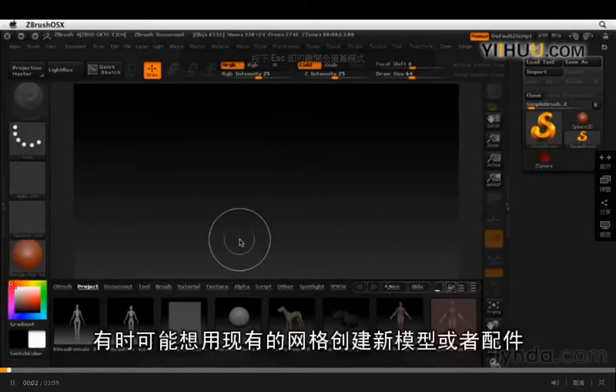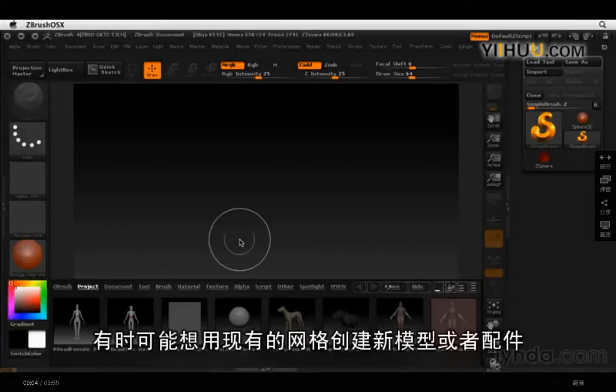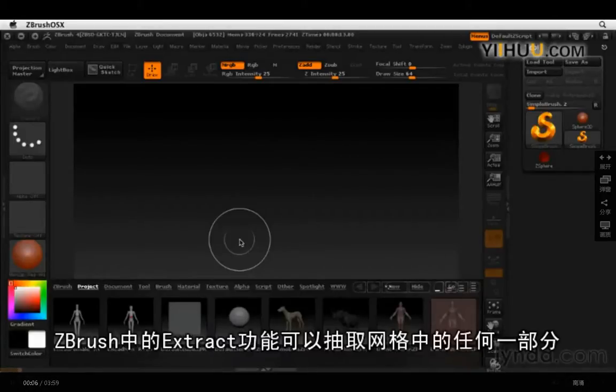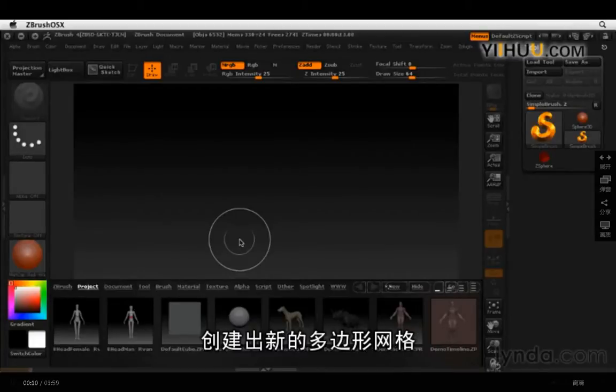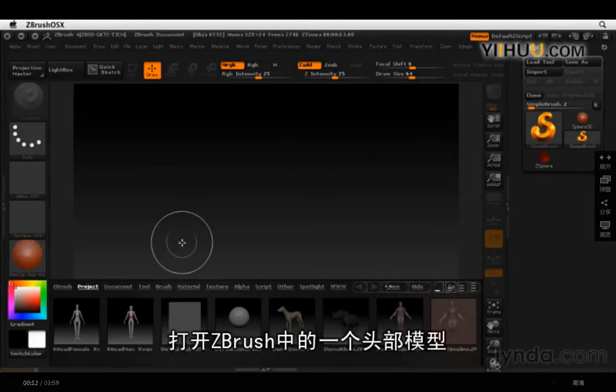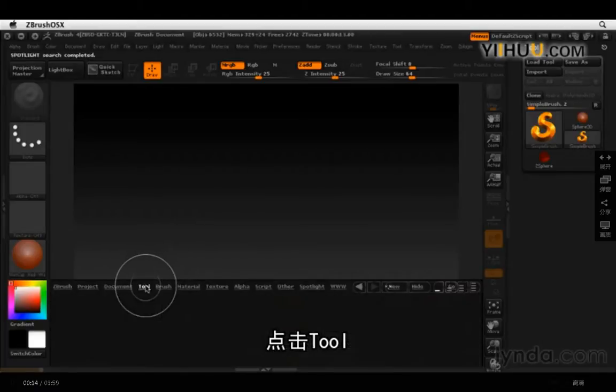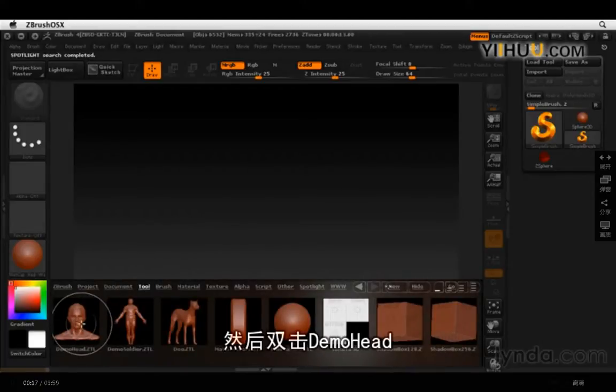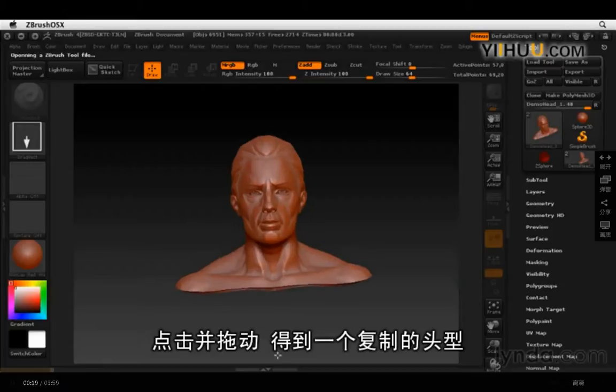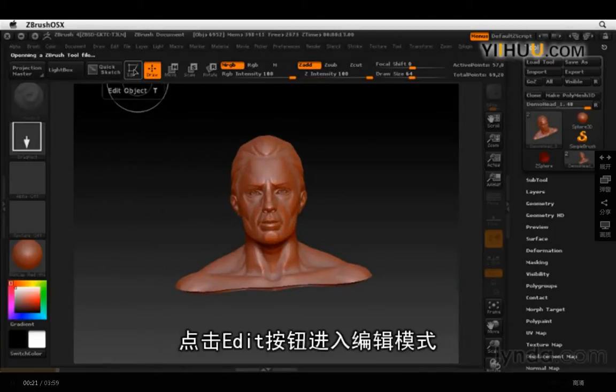Sometimes you may want to use part of an existing mesh to create new models or accessories. ZBrush's extract function can take any part of your mesh and make new polymeshes out of them. Let's open up one of the heads that comes with ZBrush and click on the tool here and then double-click Demo Head. I'm just going to click and drag to create a copy of this and hit Edit to go